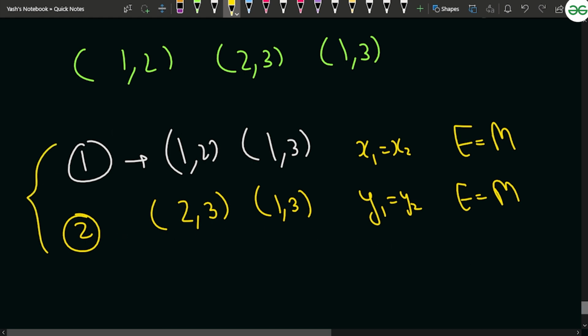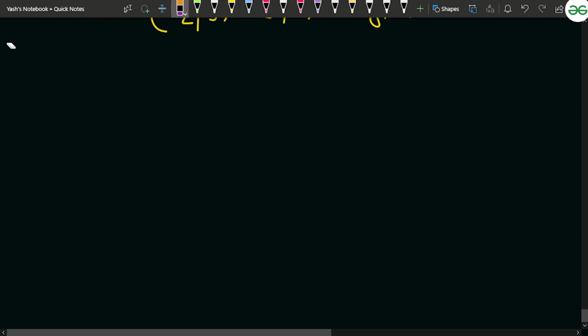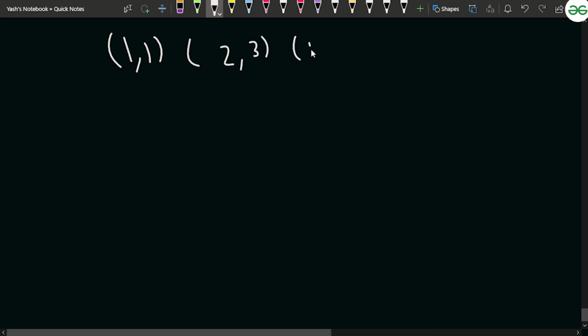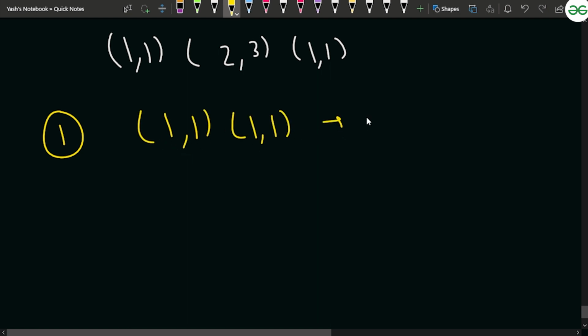But you will be able to observe that basically you need to count the points that have the same x-axis and the same y-axis, right. You will think in this manner, but think about this case as well. Let's say you have been given 1 comma 1, and you have been given 2 comma 3 and 1 comma 1, right. So in this case you will think that the first pair will have the same x coordinates, that is nothing but 1 comma 1 and 1 comma 1,